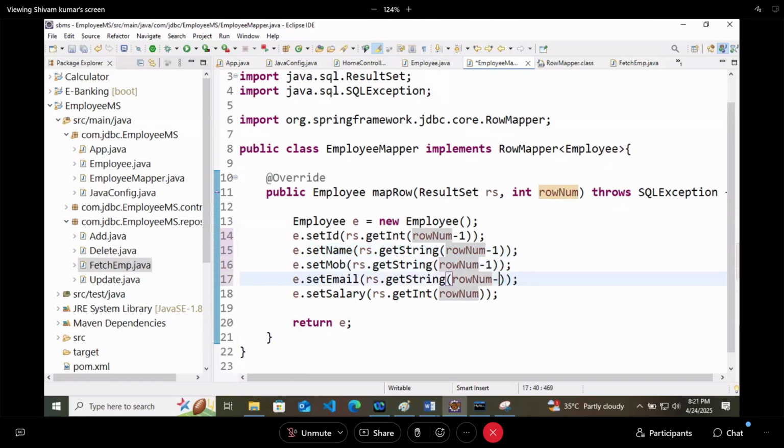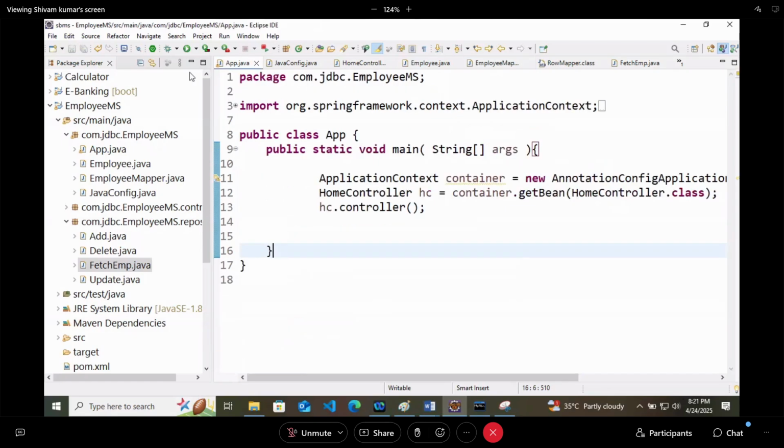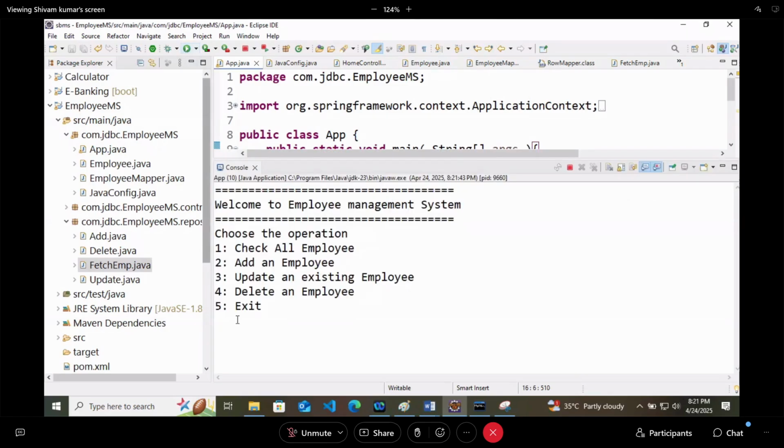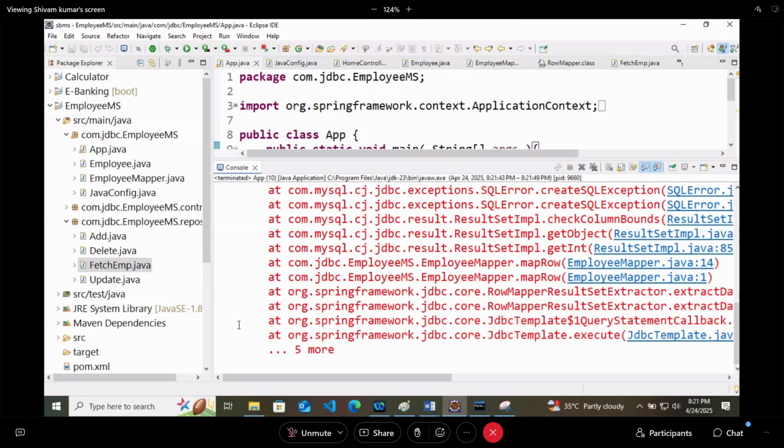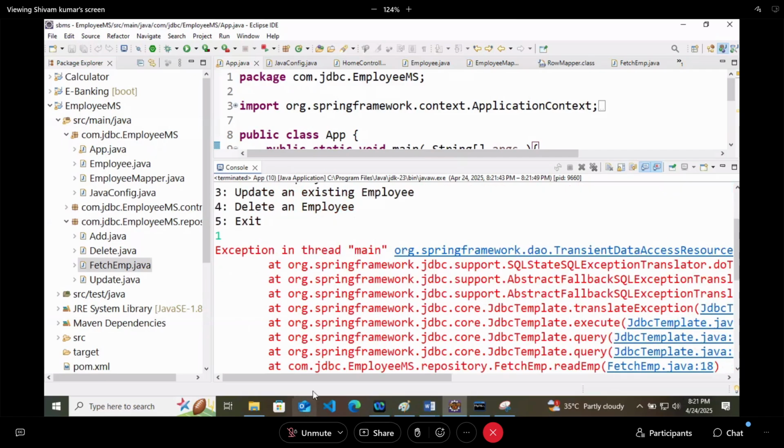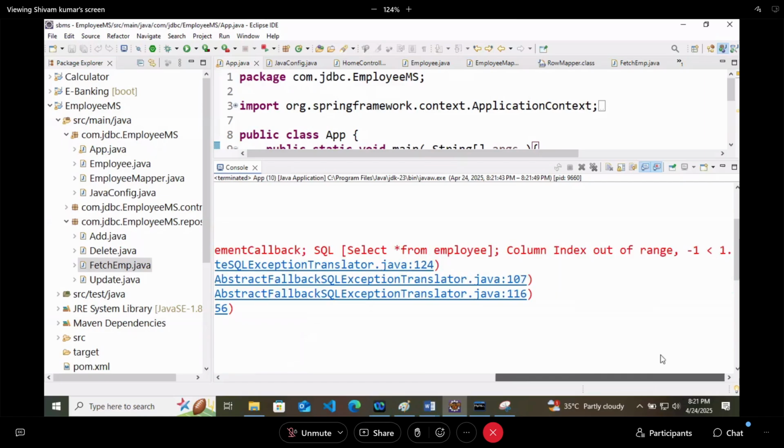But by the way, this is not the solution. There are bugs then. Again, we will try to check all employees. And this is what we are getting. Check again. Column index out of range.